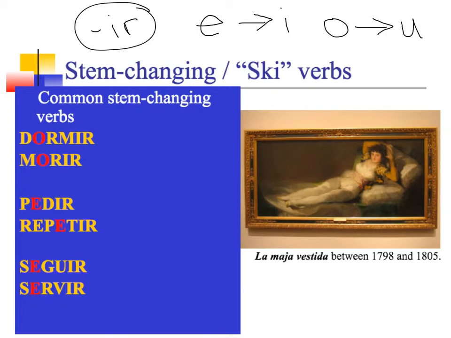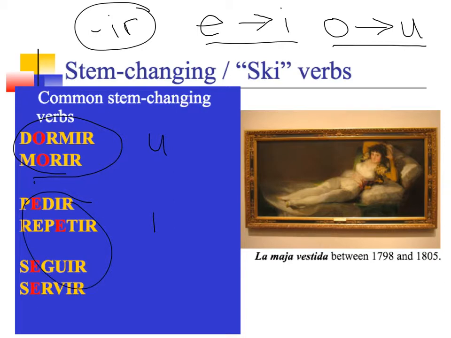So we did things like está durmiendo. That idea is coming back. And remember, I told you if that made sense to you then, you were going to be happy when we worked in the preterite. So there's a group of verbs that are IR stem changers in which the O in the stem will change to U, or the E in the stem will change to an I, but only in the third person.